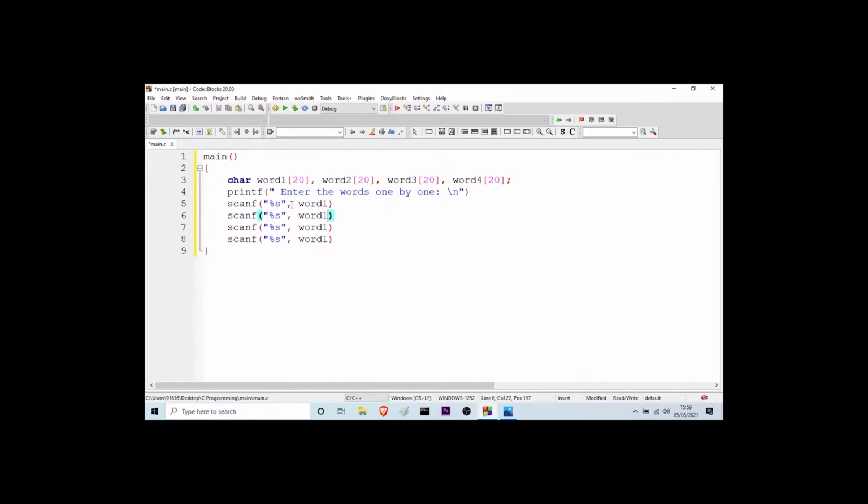So here I just have to change it for word2, word3, and word4. Then after that, I will use a printf statement so that I can take the control to the next line. For that, I will use \n. So here I have to give a semicolon, and also in all the earlier cases I did not give the semicolons. Let me give it for you. So now it's done,